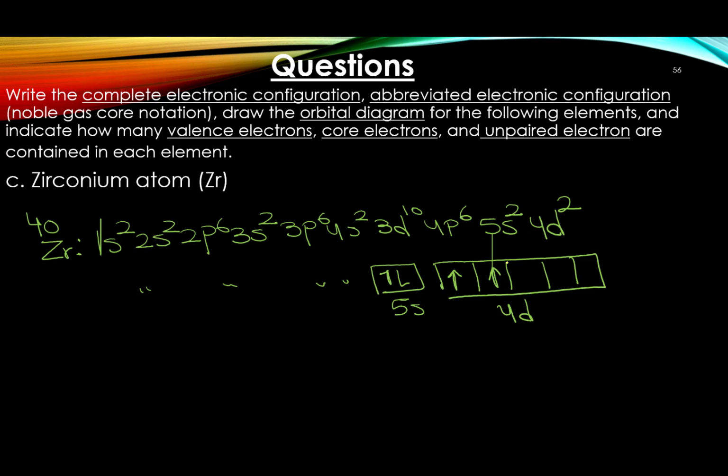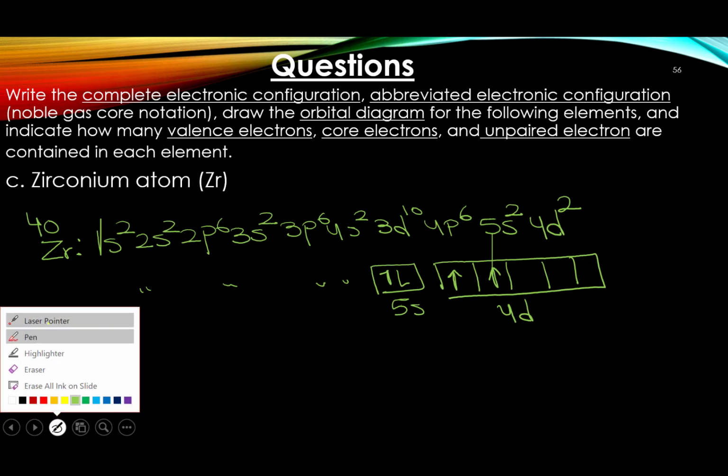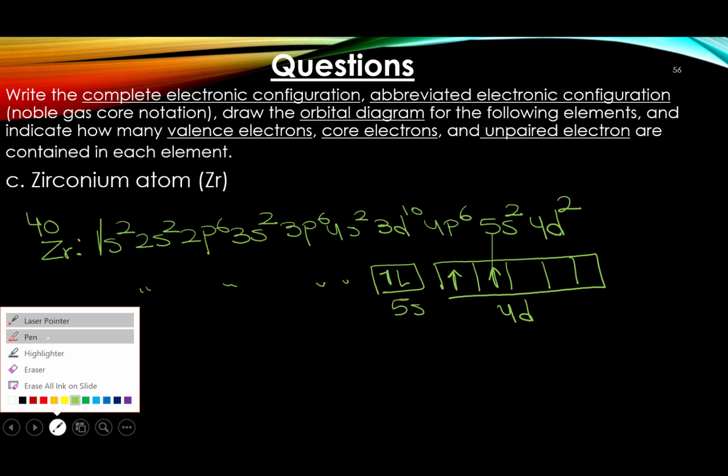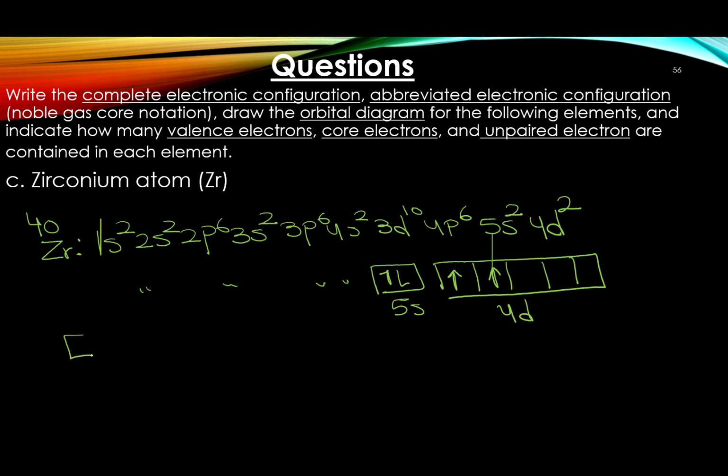Okay, krypton is in row 4, then 4s2, 4p6, then up to here will be for krypton, and the rest will be for zirconium. It's going to be krypton, 5s2, 4d2. Then this is the noble gas core notation. Now, how many valence electrons,